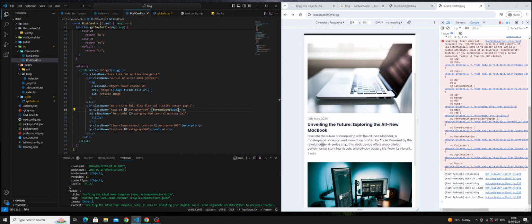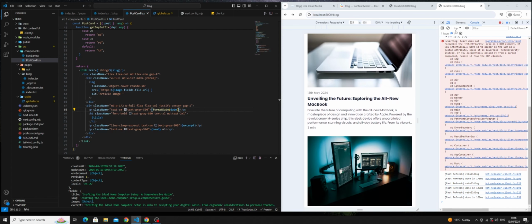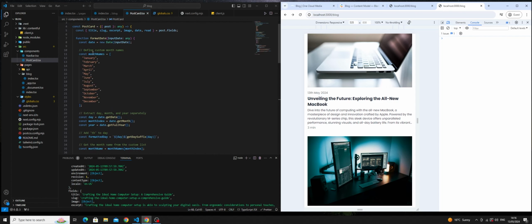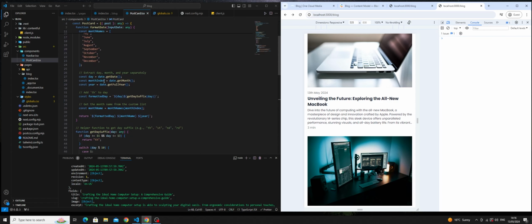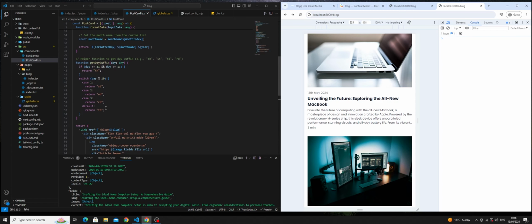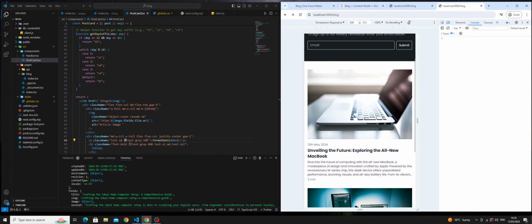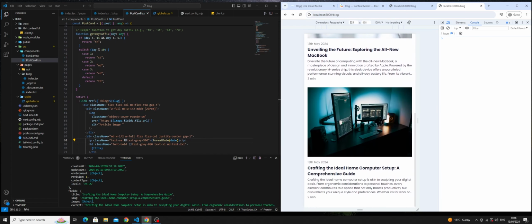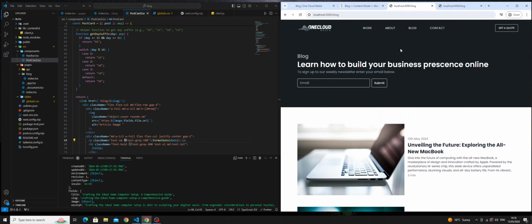As you can see, function there, the format date function. Just input the date, and it will change the date to the format that you need. Perfect. As you can see, mobile, desktop,